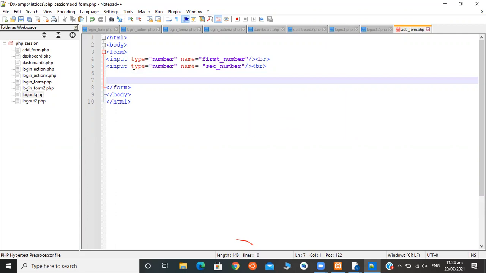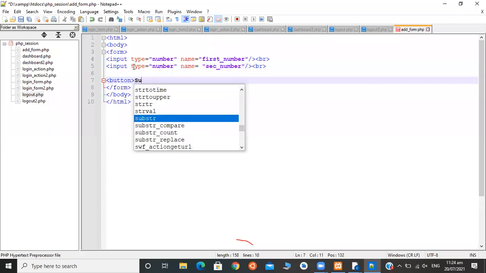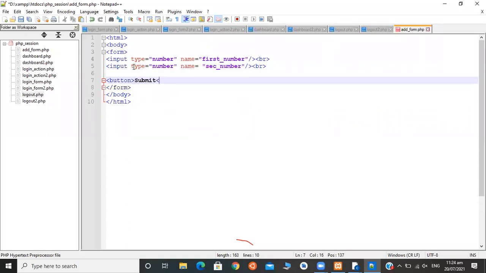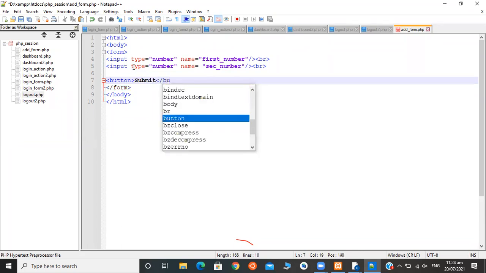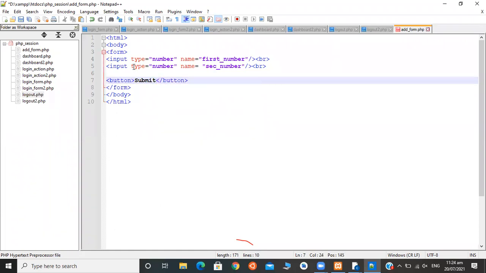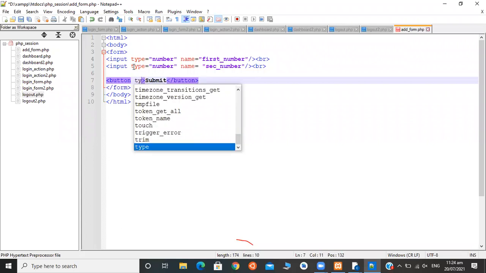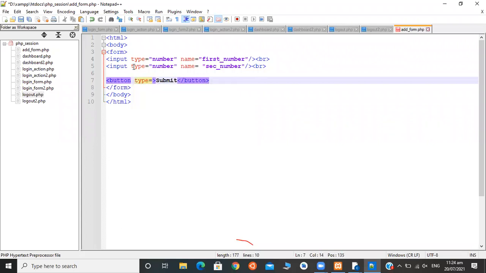Here we are going to use button. Give it a name, submit. Slash button. Here we can give type equals to submit. Okay.